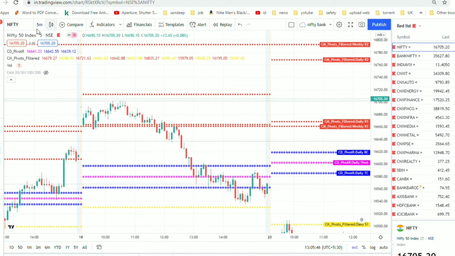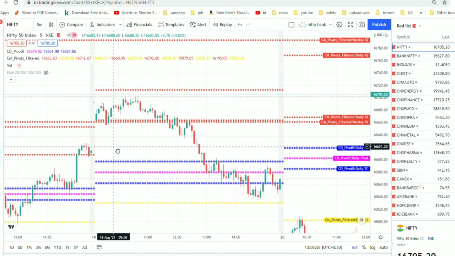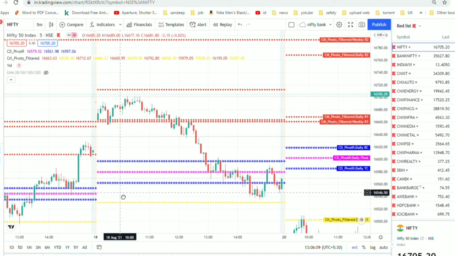I'm going to show you one of my strategies on 18th of August on Nifty. So here is how I traded. First of all, you have to understand, you have to calculate in advance how the market will be. The pivot, the CPR, plays a very important role. My strategy is completely based on price action followed by CPR, so CPR plays an important role.